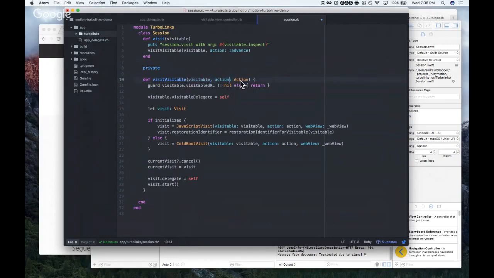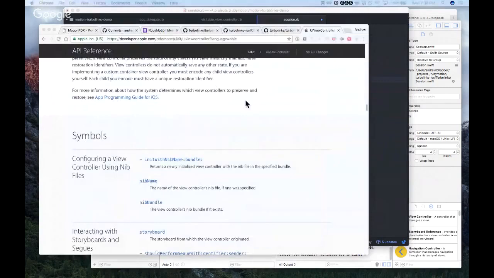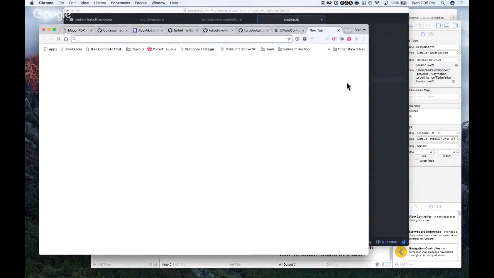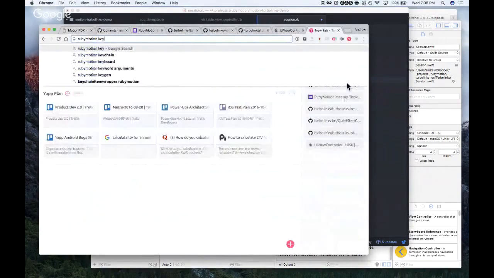Action will be the second argument. Actually, got options. Probably figure out how to define keyword arguments in my method in RubyMotion. It may not allow it on the initialize, but I'm pretty sure it does on the defs.